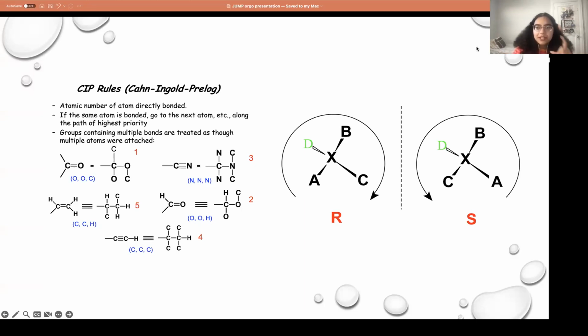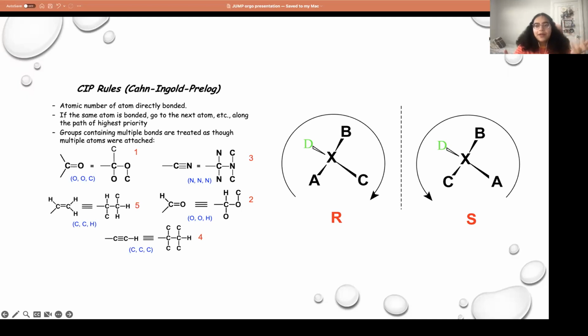And if say you're bonded to 2 different carbons, you look at the next thing over, and so maybe on one side you have a carbon bonded to a carbon, but on the other one it's carbon bonded to an oxygen, that'll be higher priority. So you just keep going down till you find a difference. And so you give them the priorities 1 to 4. You put 4 in the back, and then to go from 1, 2, 3, do you have to go clockwise or counterclockwise? So as you can see on the left there, put the 4th priority in the back, you have to go clockwise to go A, B, C, so 1, 2, 3 priority. So that would be R.